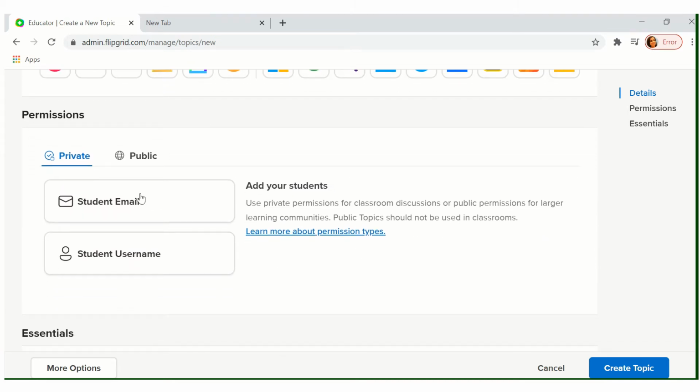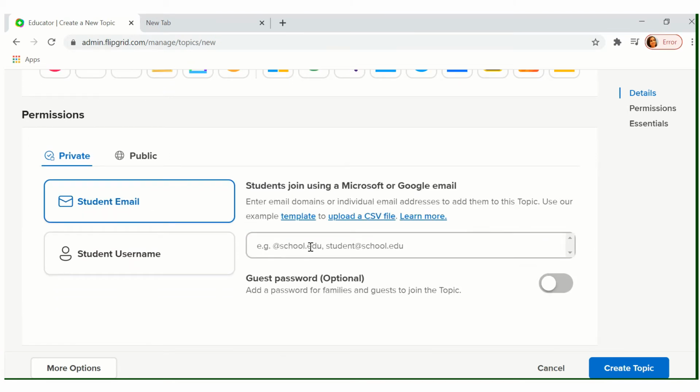There are permissions where student email is there. Once you click, it starts with the at sign and gemsedu.com. You can put that so that only the students who are using gemsedu.com can enter. You can add more as well, like gemselearning.com, so that they can enter with both if you want that way, which becomes more secure.